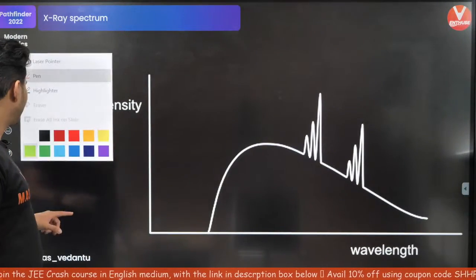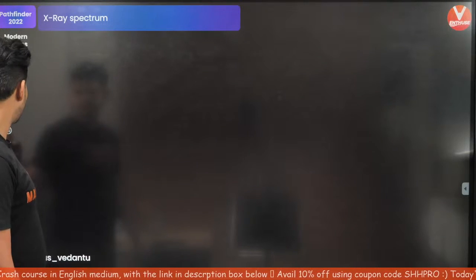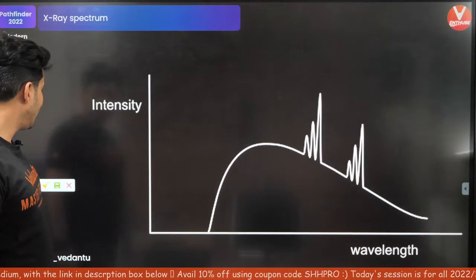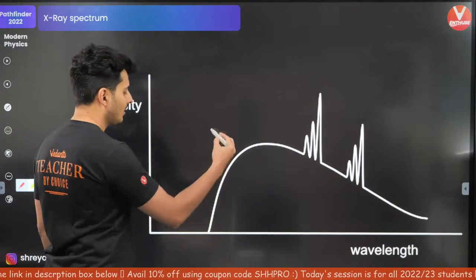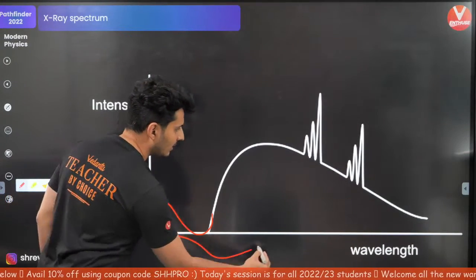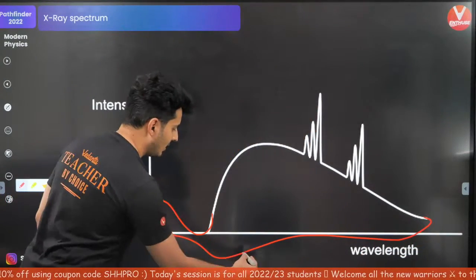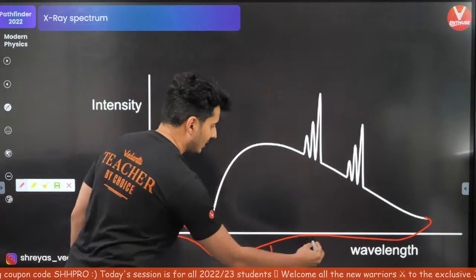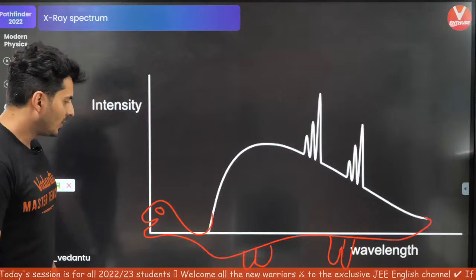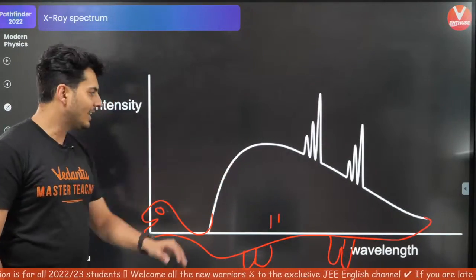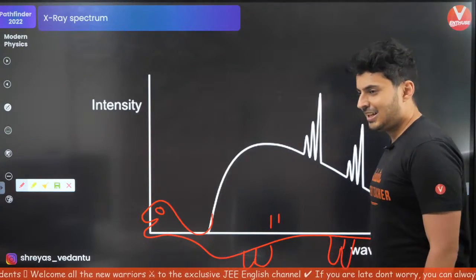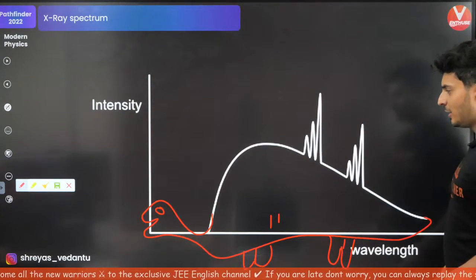When I saw this graph the first time, I was like, this looks to me like a dinosaur. Crazy dinosaur. Have you seen that dinosaur? It looks like this. Maybe I can just draw its mouth over here. And this is how its tail looks. And these are its feet. So remember, this X-ray graph looks very similar to a dinosaur. Isn't it? Cool.